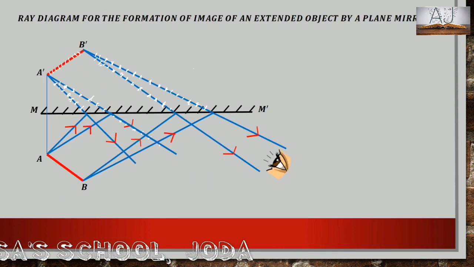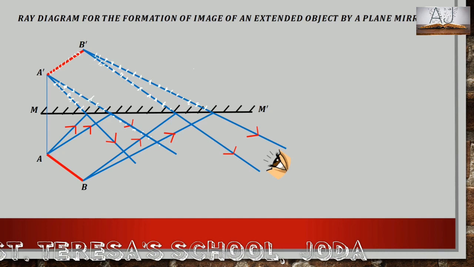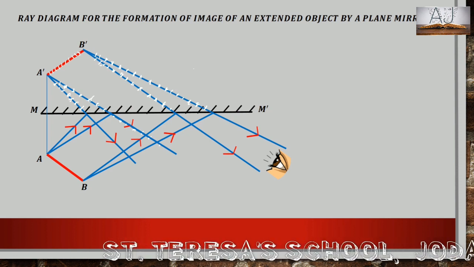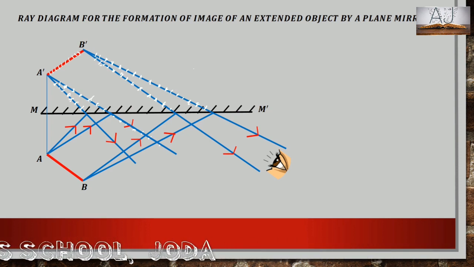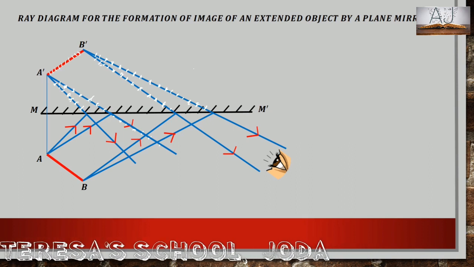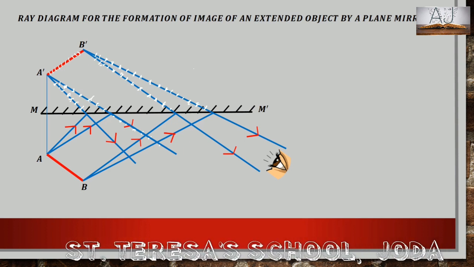If the object is an extended object, in the same way we have to draw a ray diagram for it. You need to practice it. So here we have to take the two endpoints of the object. Suppose they are A and B, and from both the points you have to draw the rays in the same way as we did in the previous one. For point A we will get its image A', similarly for B we will get the image B'. Join them both and thus we get the image of the extended object.